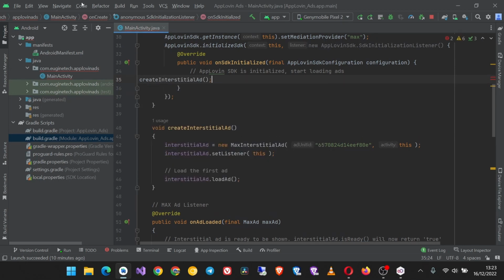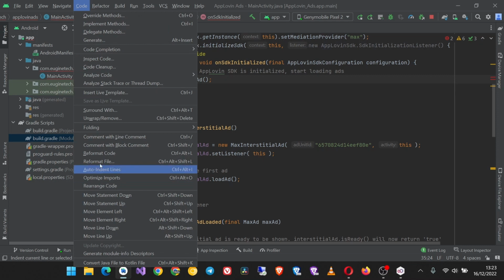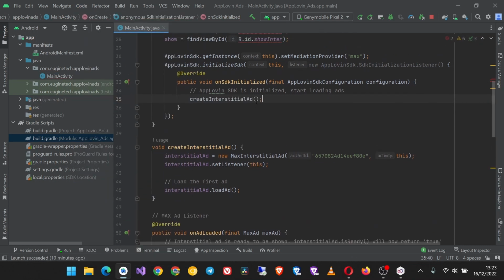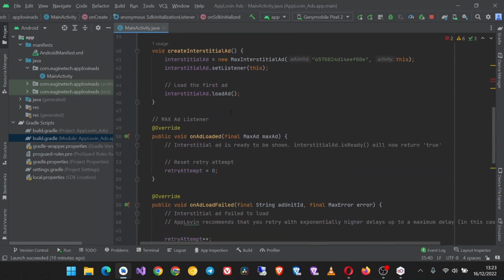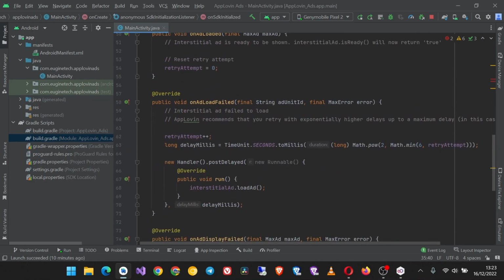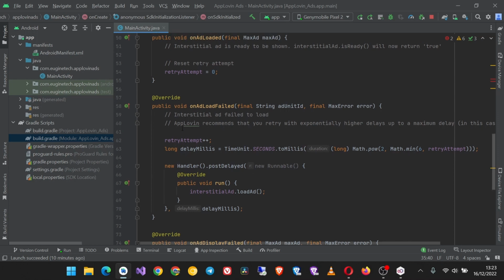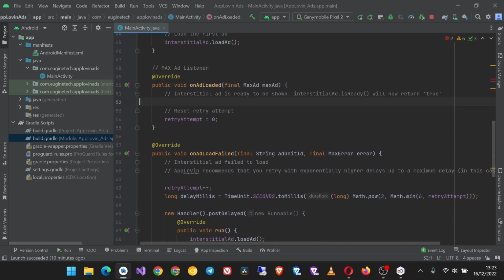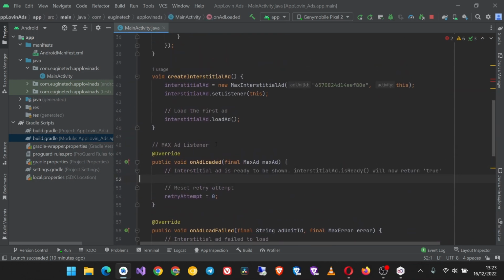So once the ad is loaded, we have the callbacks. So here on ad loaded, here this is where I'm going to,